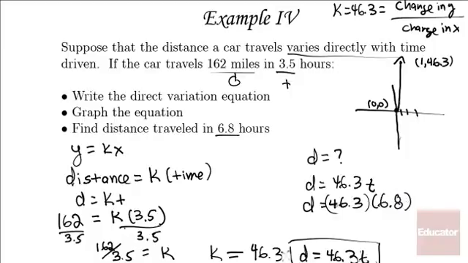When you go ahead and multiply that out, you will find that the distance traveled in 6.8 hours is 314.8 miles. So we've accomplished all three tasks. We've found the equation, we have graphed it, and we've determined that the distance traveled in 6.8 hours would be